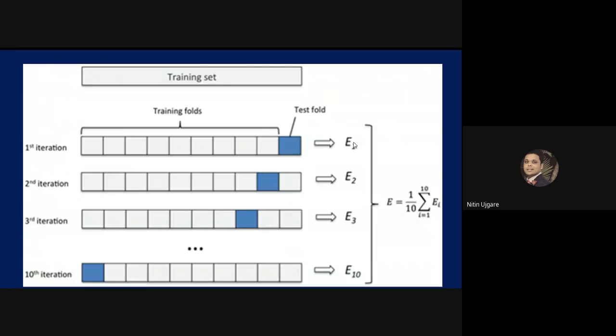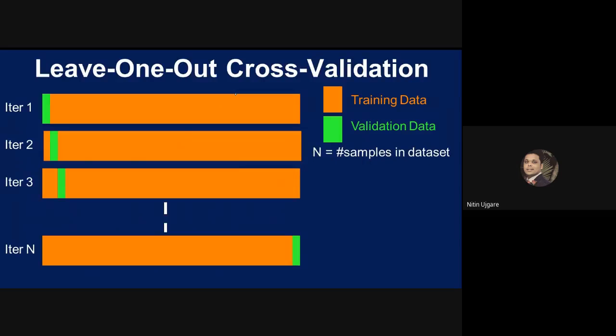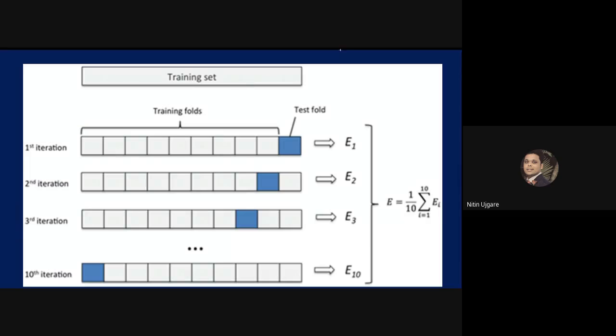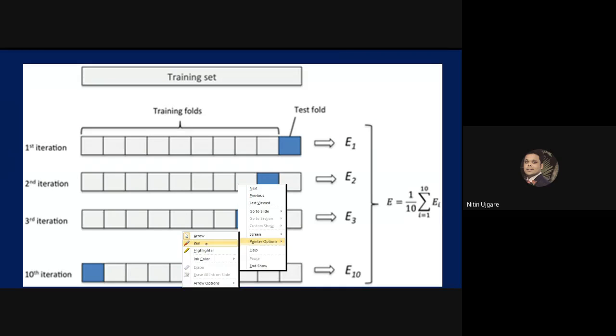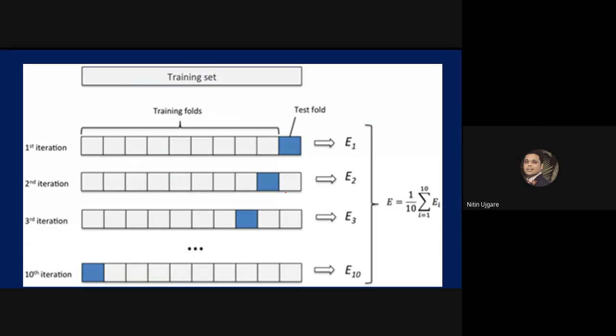I just took an example here. This may be 100 samples. What we are doing is, the first 90 we are using for training, and from 91 to 100 we keep for testing. But that is not the case in leave one out. We are not using a single instance in the test data set in the case of k-fold cross validation.